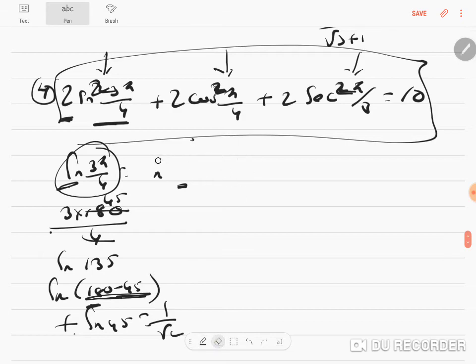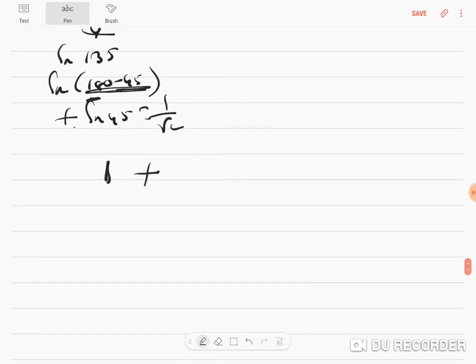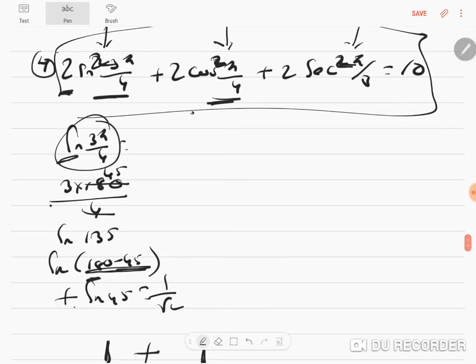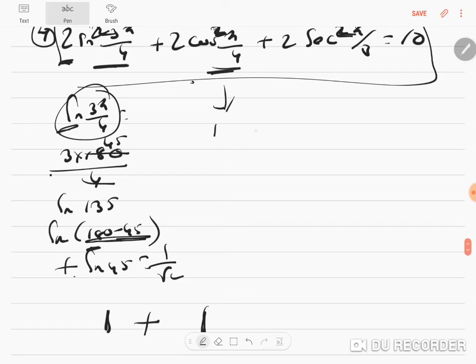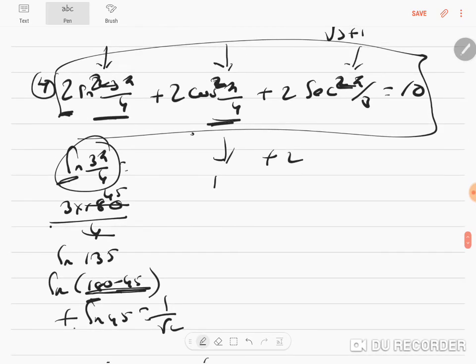Now, let us solve the next one. Cos pi by 4, which is cos 45 itself, is 1 by root 2. On squaring it will be 1 by 2, 2 and 2 get cancelled, another 1. So, this is just 1, okay, plus 2 into